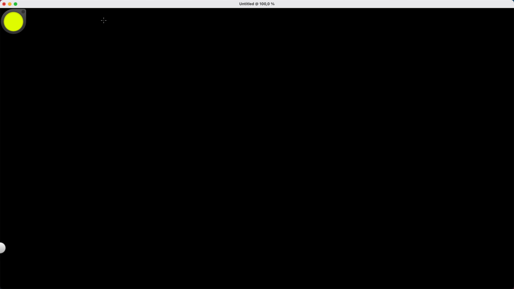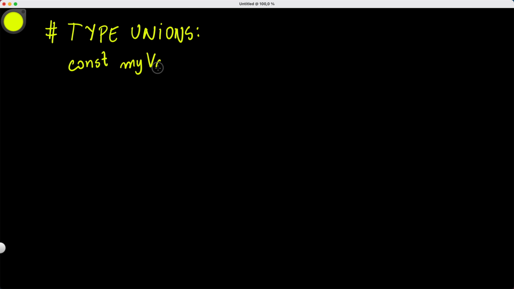Before we jump into the code, I want to do a few diagrams and a few exercises to understand how TypeScript actually handles the type unions. So here I'm just going to write, let's say, type unions. The idea here is that I have some const, myvar, and this variable can be either a string,